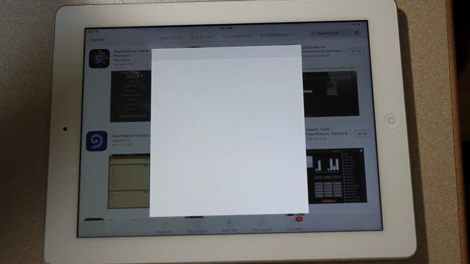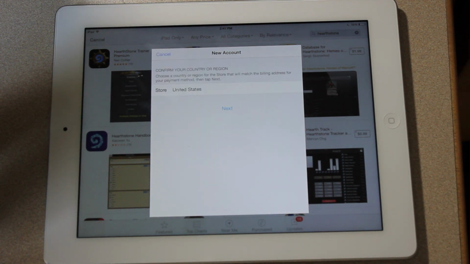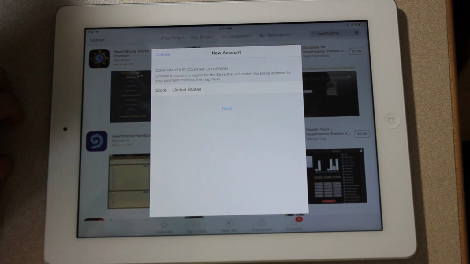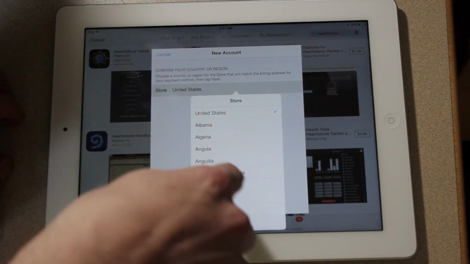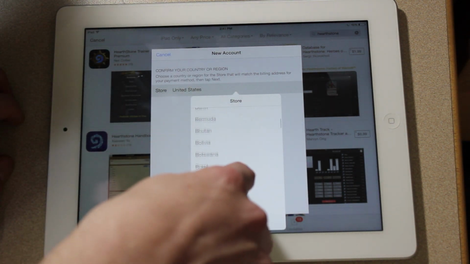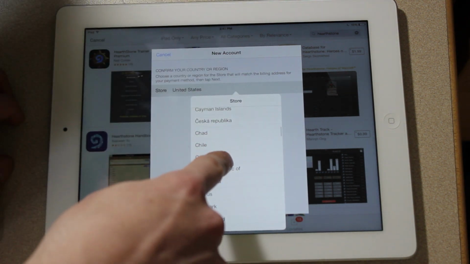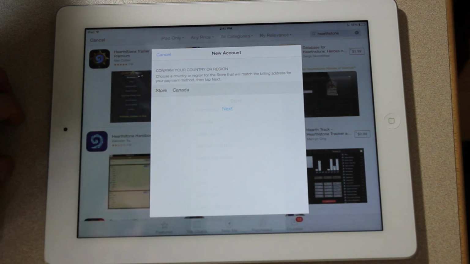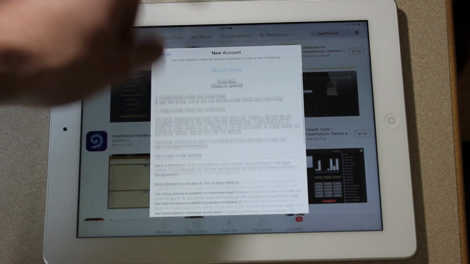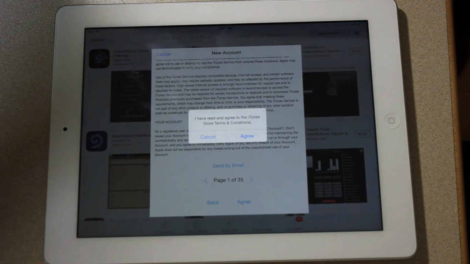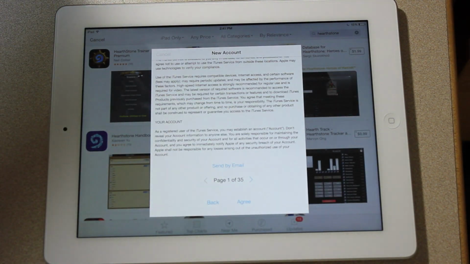And make sure it's a free app because you'll need to have proof of a Canadian credit card or payment system if you haven't selected a free one. So for store, we're going to be going down, and Canada has it available, so you can just click on that and everything should work fine. So we'll just be clicking Canada and then hitting next. So you're just going to have to agree to the terms, hit agree,